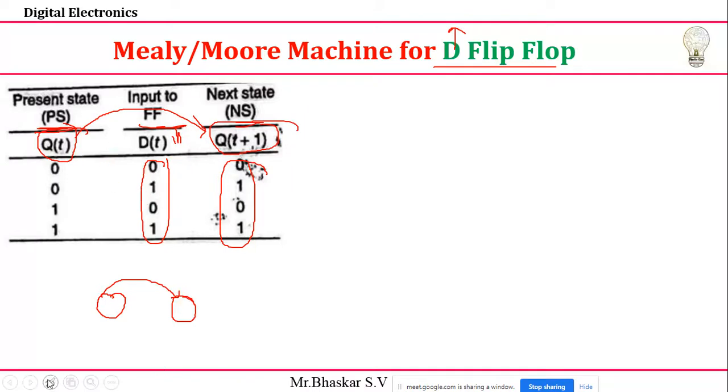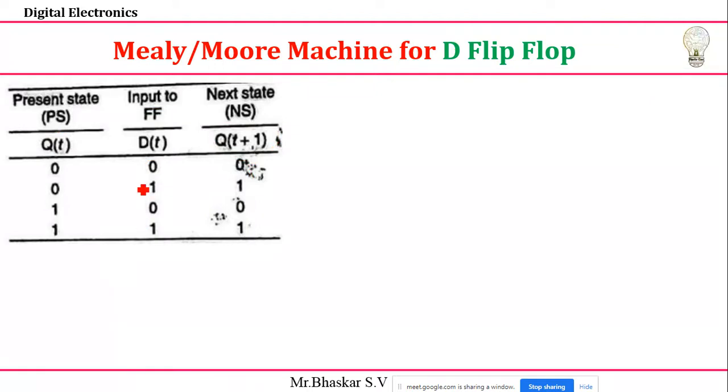Otherwise, you can analyze this one. How to analyze? You know the truth table, right? So see that if input is 0, you will get 0 only. 1 means you will get 1 only. 0 means 0 only, 1 means 1 only, whatever the conditions of my present state. Once you have got that, then how do we represent this truth table as state diagrams, Mealy as well as Moore? Okay, let's move on to that.